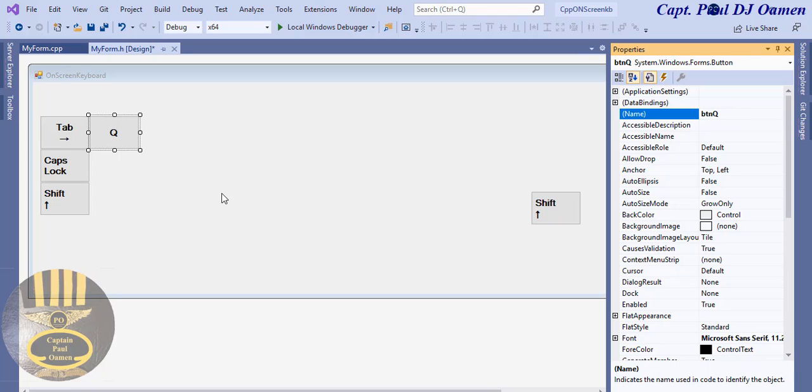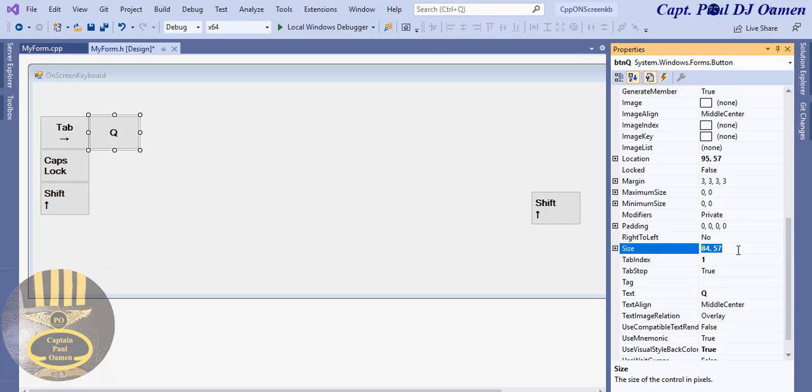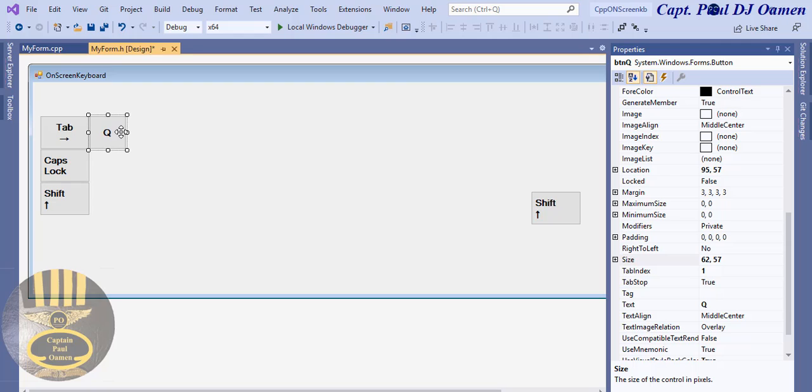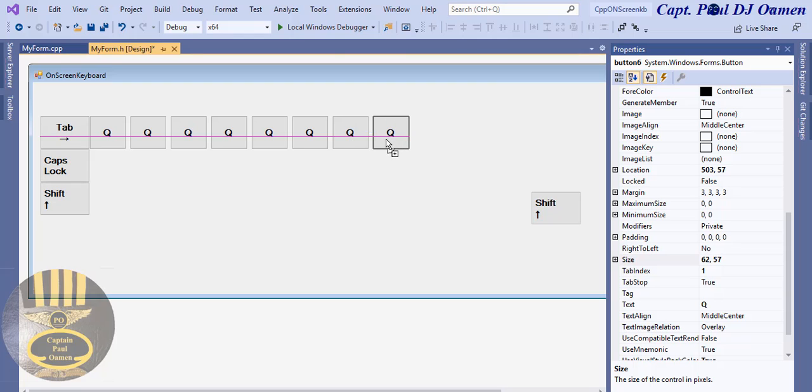There we go. And the size of this very BTNQ, I'm going to make that 50, no, let's say 62, because of the way everything is set up. 62 by 57. There, Q is ready. So hold on to the control and just click and drag. That is going to be my W E R T Y U I